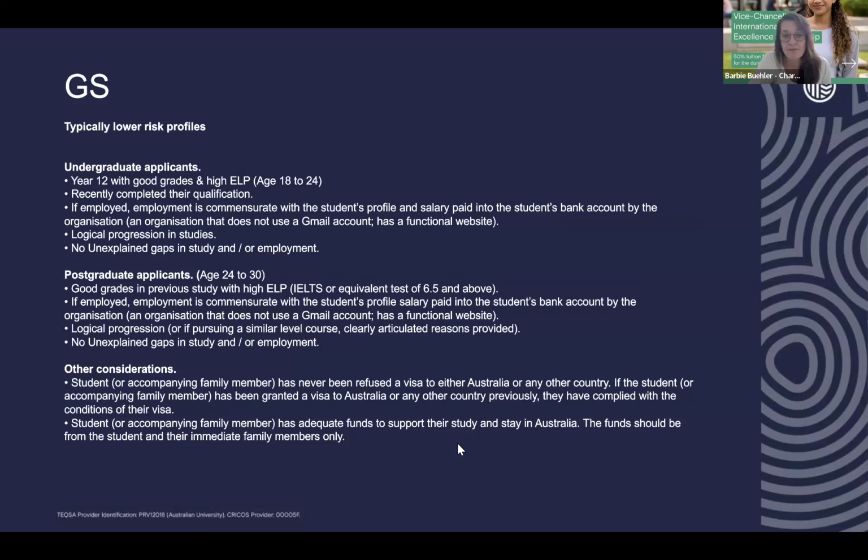Now, GS is a very key, important part of the applications. We are looking at, basically, this is what the Department of Immigration have advised. These are the type of students that will have success with their visa applications. Students need to be, I guess, logical progression in their study.